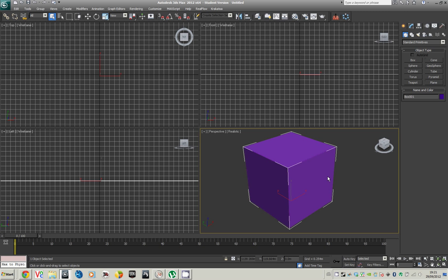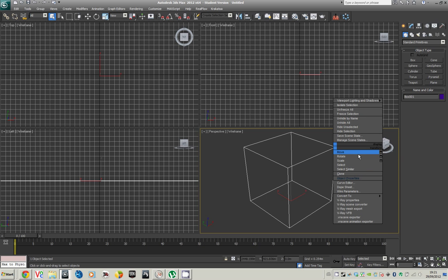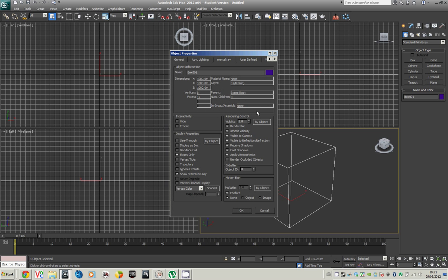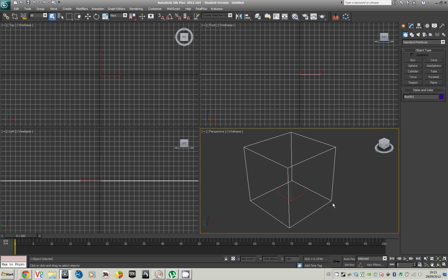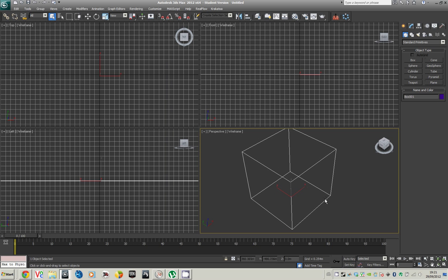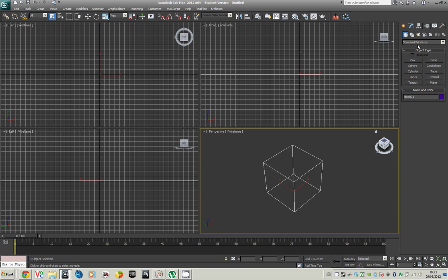And for now we can set this to wireframe because we don't actually want the box to be rendered, and for that reason we can set this box to be non-renderable. So now that's fine, we can leave this in the scene and we don't have to worry about the box being rendered. And then we can create our thinking particle system,